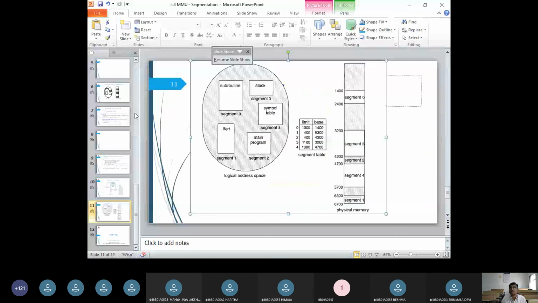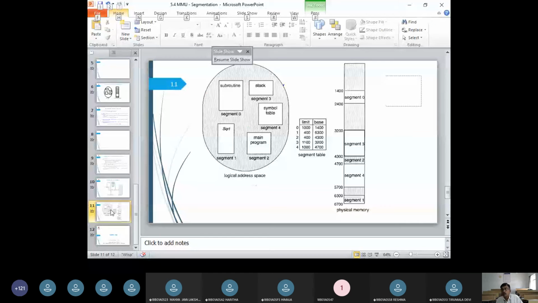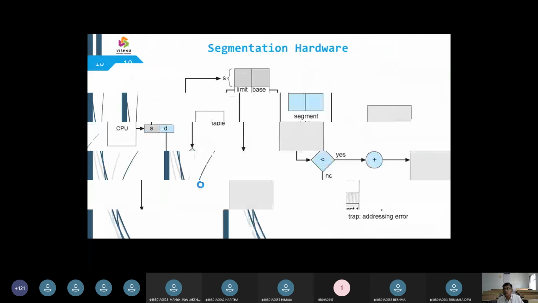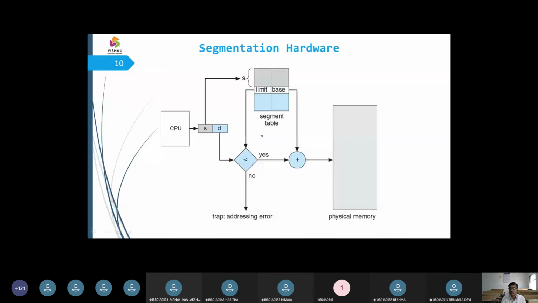So after this segment table, we do have the way how a segment table is going to be represented. So now we can see how a segment table is represented and how the segment table architecture is going to be taken up. Just now we were talking about the segment table limit register and segment table base register.